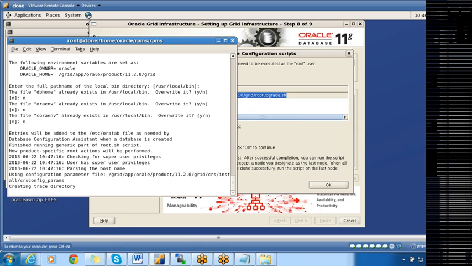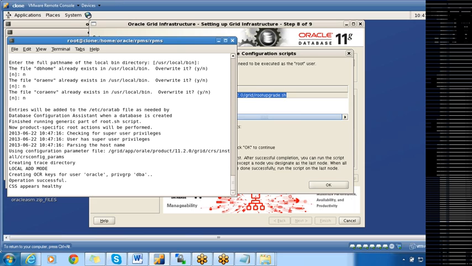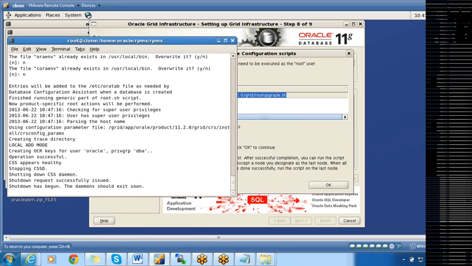So this will upgrade the ASM and also it will update the entries in etc oratab because it has to update the Oracle home for the ASM. Now the ASM home will be grid app Oracle product 11.2 grid. So it will update that home in etc oratab also. So first it is stopping the CSSD which is running on 10G.